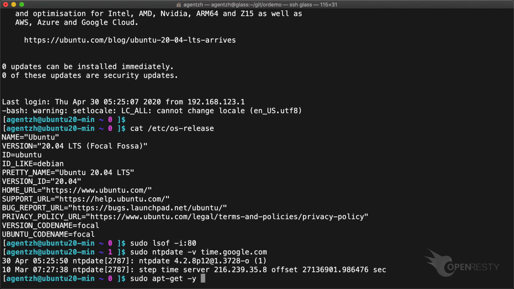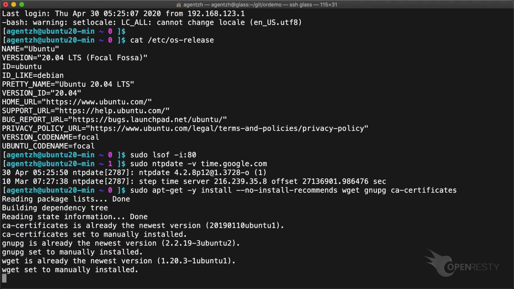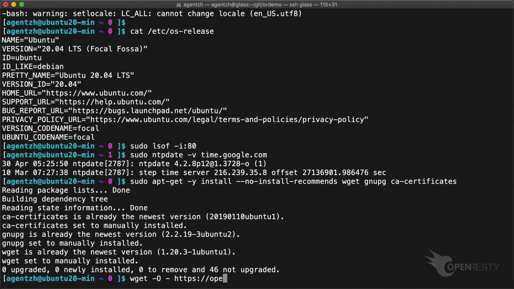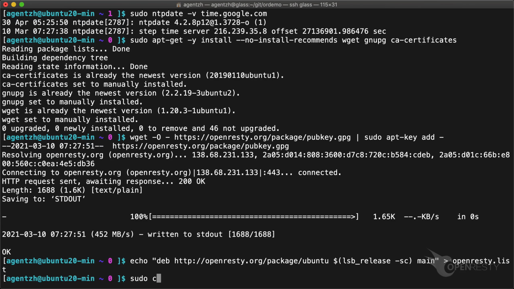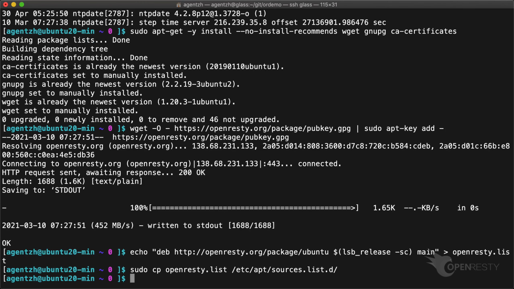We should install some prerequisites needed by adding GPG public keys. These could be removed later. Let's import our GPG key. Then add our official apt repository. Note that this is for an x86_64 or ARM64 system. For ARM64 systems, you should use this URL instead.